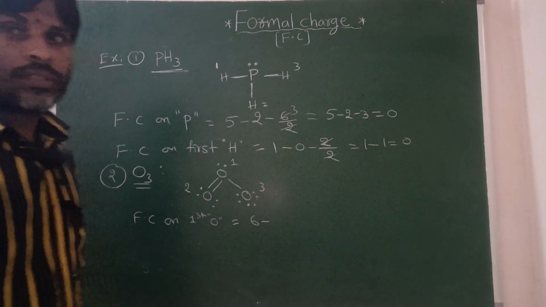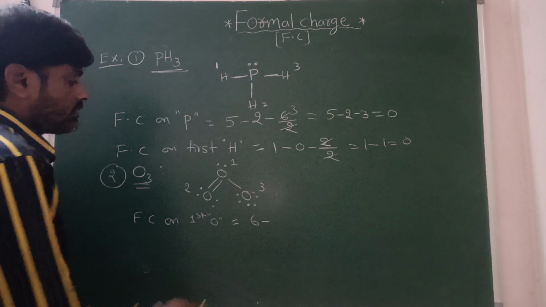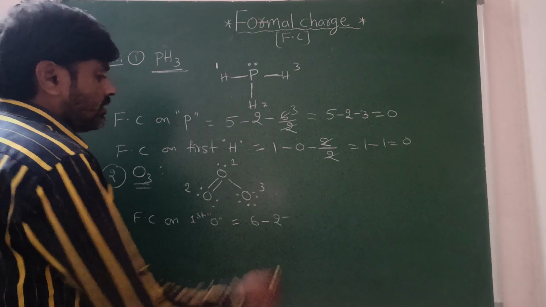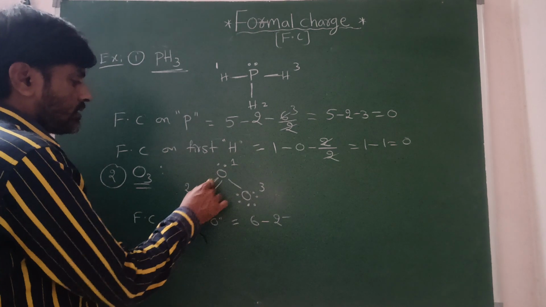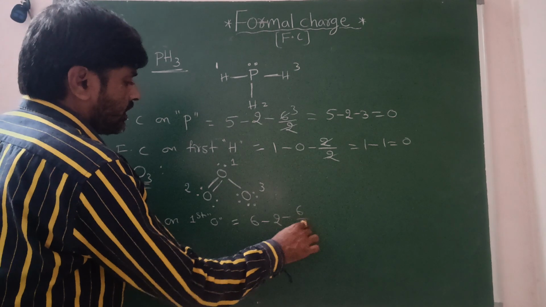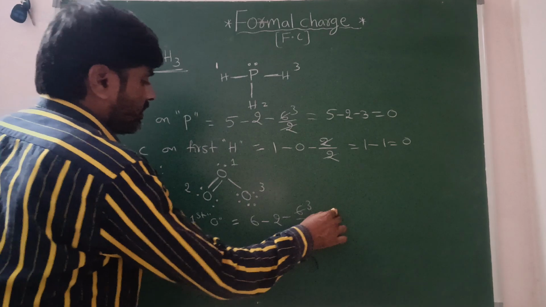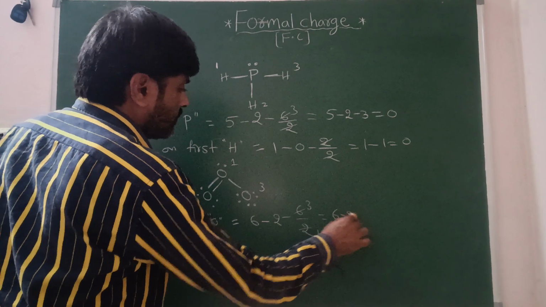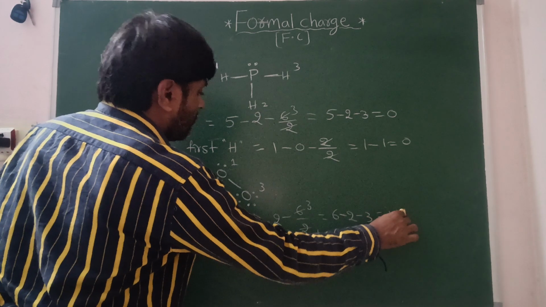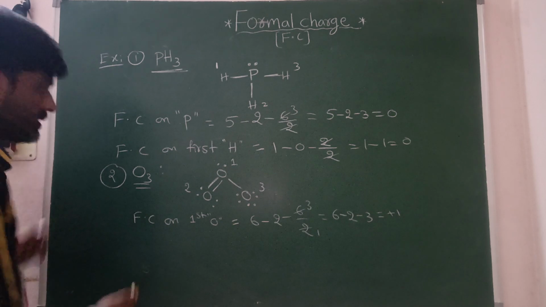That belongs to 6A group. So 6 minus non-bonded electrons here 2 minus bonded. It forms how many bonds here? 1, 2, 3. 3 bonds means 6 electrons, 6 by 2. 2 ones are 2, 3s are... So we are getting here 6 minus 2 minus 3, that equal to plus 1. And now second oxygen,